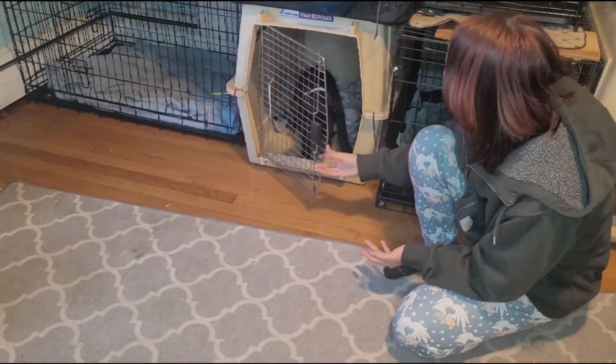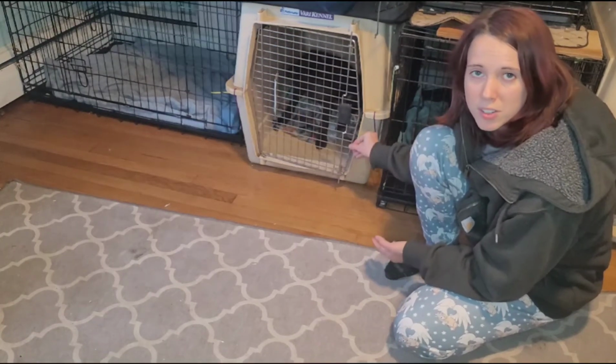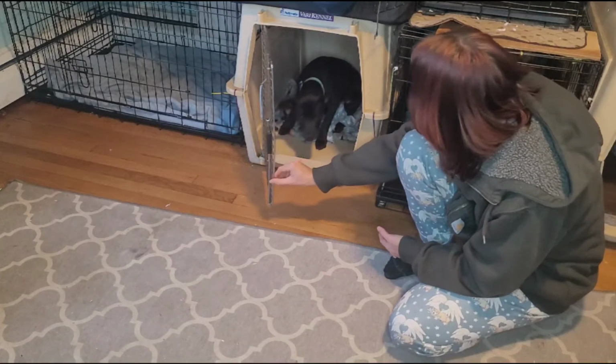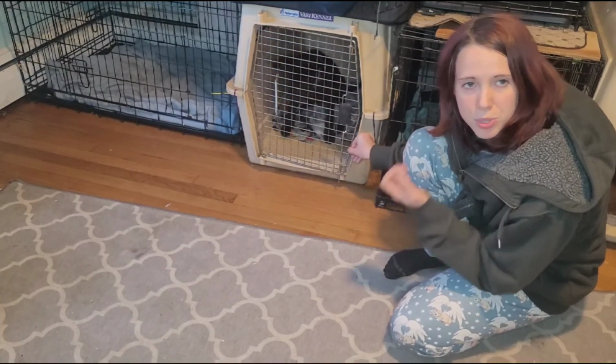So I start opening up that door. He comes forward. The door closes. Not closing it hard on him. It's just a consequence. So I'm having him choose. He comes forward or he leans forward. The door closes. When he's good at staying back, when that door opens, I will be able to tell him